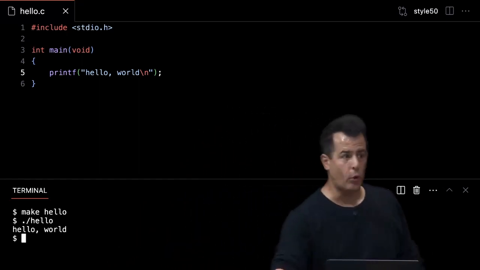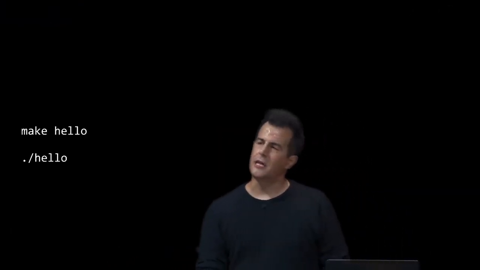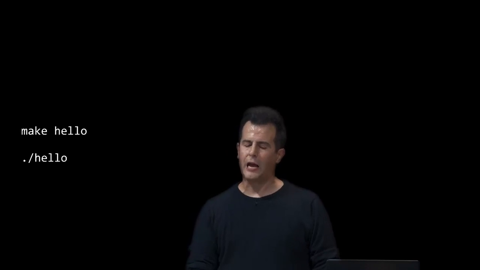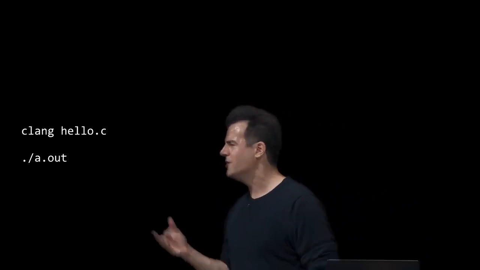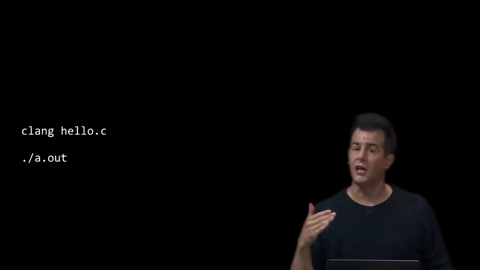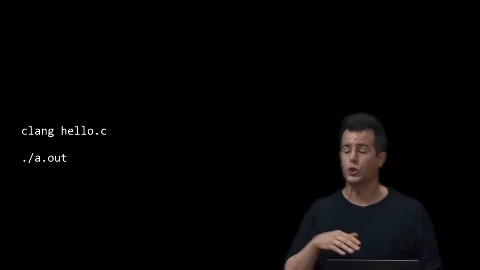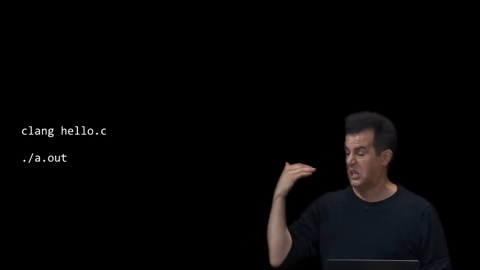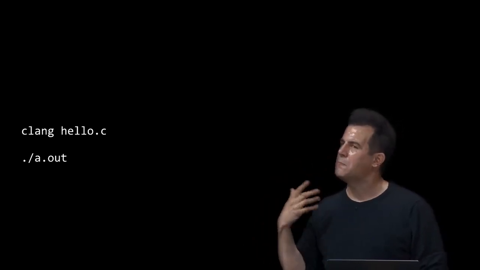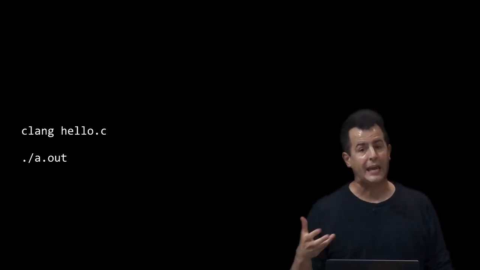But what's actually going on underneath the hood there is that make is running an actual compiler for you. And the reveal today is that the compiler we have been using is something called Clang for C language. And this is just another program whose purpose in life is actually to do the conversion of source code to machine code. But it turns out that Clang by itself can be used very simply, like you see here, clang hello.c. But it doesn't behave nearly as user-friendly as you might like.